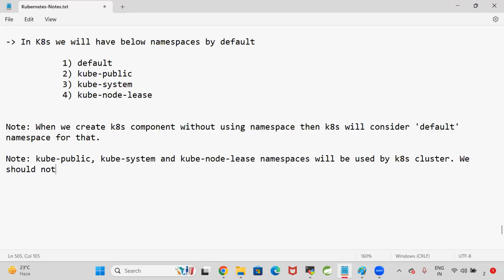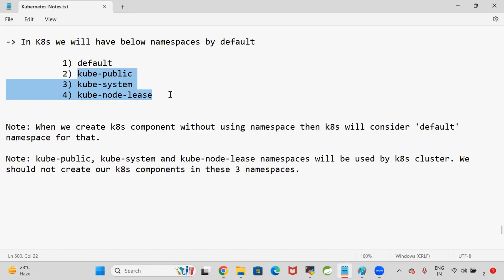We should not create our Kubernetes components in these 3 namespaces. You can create your pods and your services under the default, no problem. But we should not create our pods and our services in these 3 namespaces: one is kube public, another one is kube system, and third one is kube node lease. Those are used by